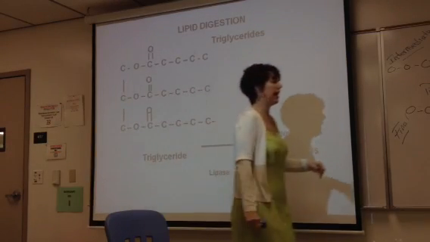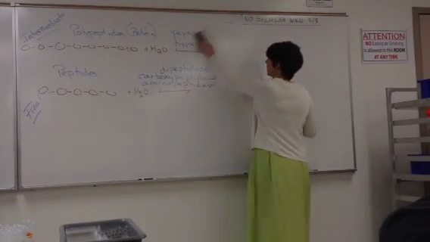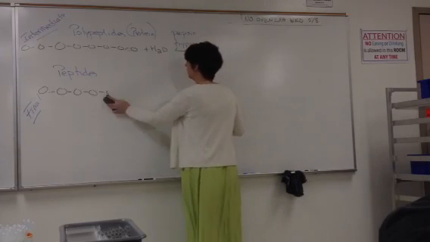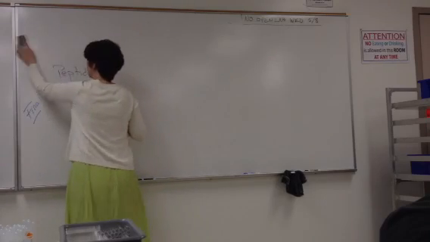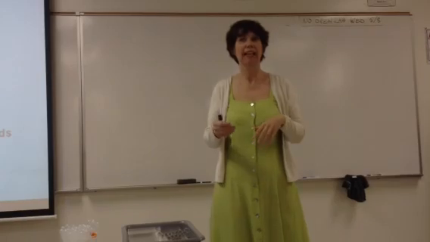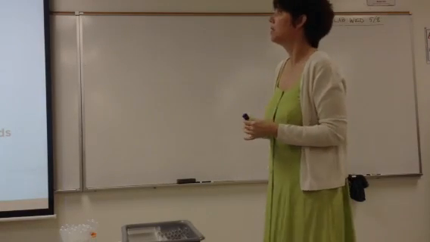So triglycerides are a molecule of glycerol with 3 fatty acids. We've alluded to this when we talked about ketoacidosis. And I said, as lipids are broken down for fuel, if the body's unable to use the glucose, then the fatty acids are released, and that contributes to ketoacidosis in the diabetic individual.